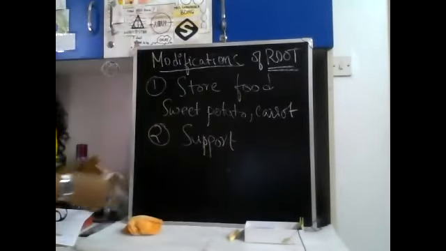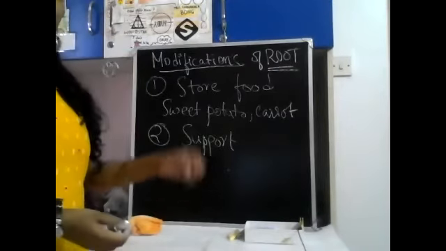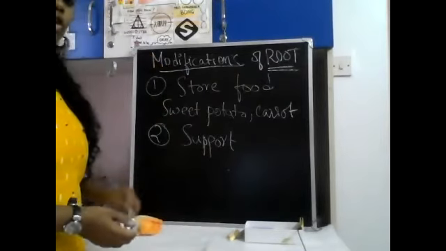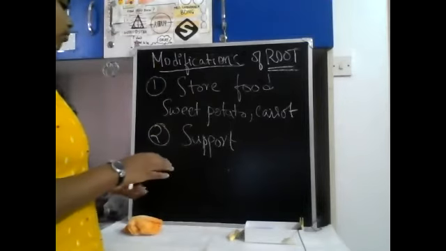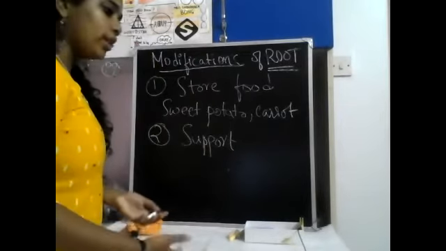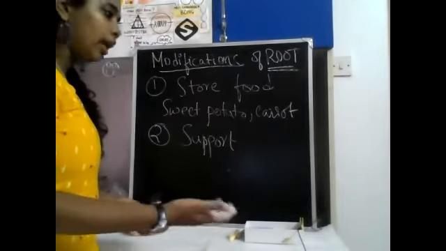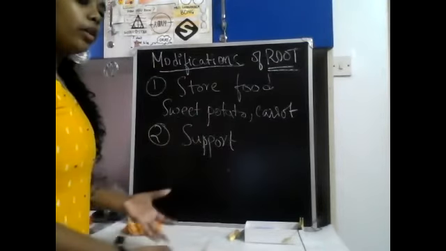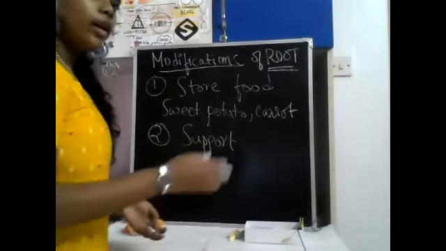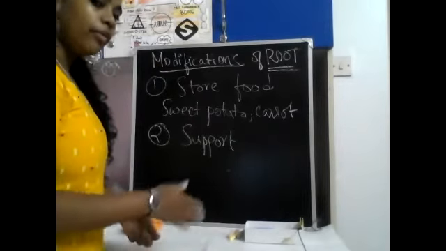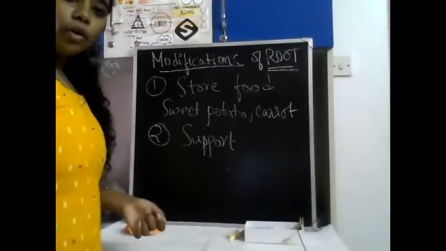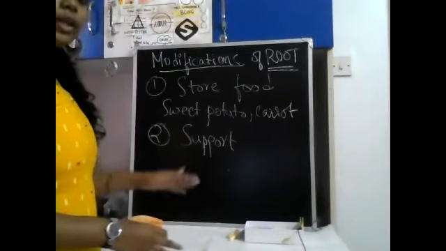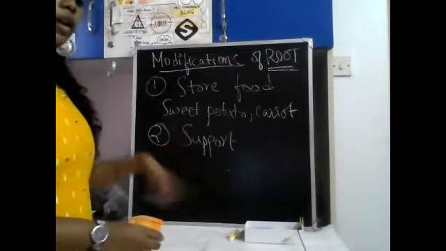So generally roots are present in order to hold a solid ground, right? So they anchor on the soil. So that's why you need roots. That is why we need to plant more trees so that when there is a calamity like a flood or something, the roots will hold on to the ground and not let the water erode the soil. Okay, so that's how trees protect the soil from erosion because they give support to the plant by holding the land. But there are some modifications that we have in roots to give extra support.